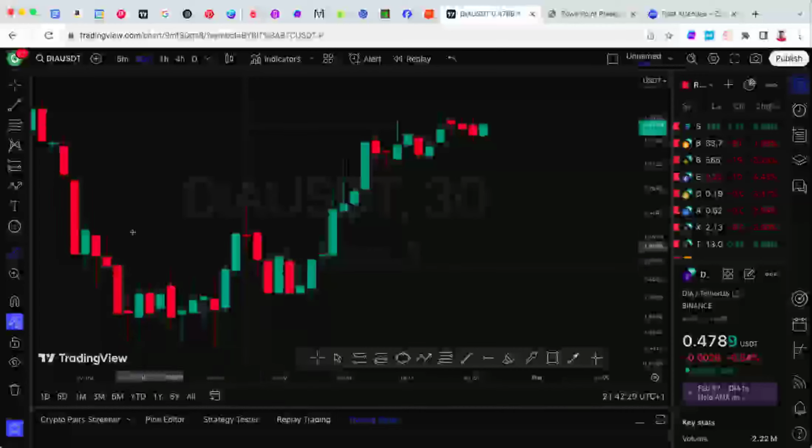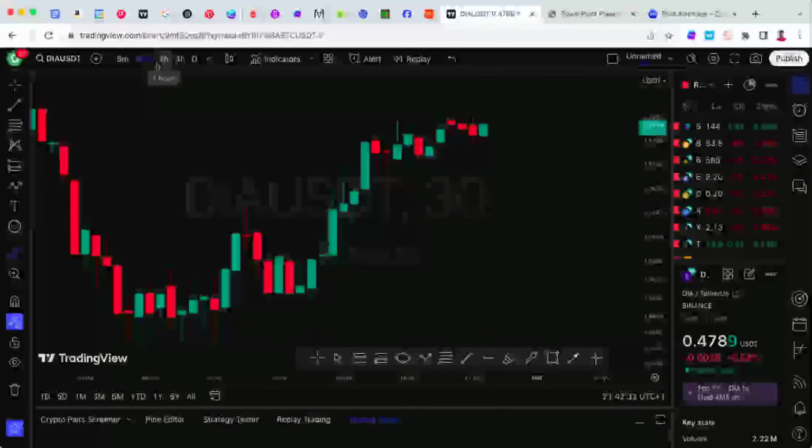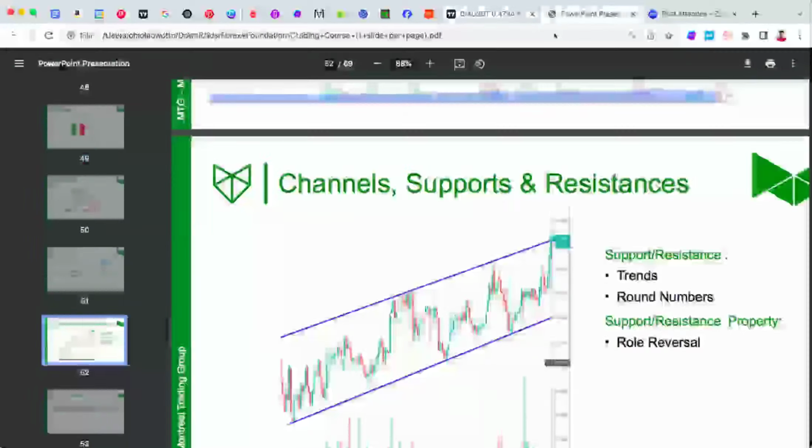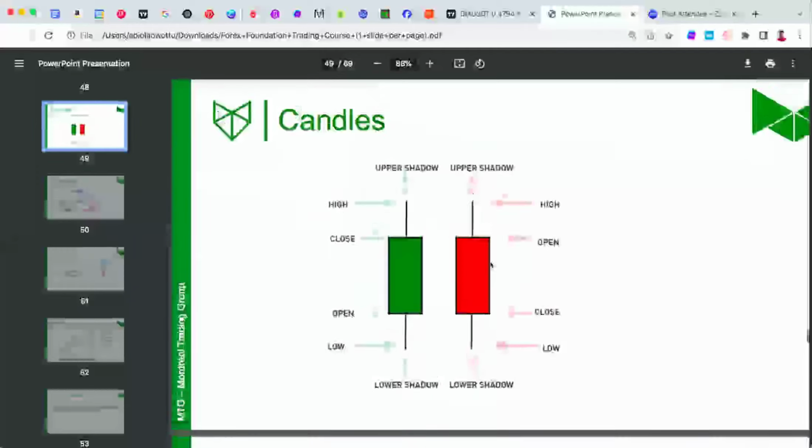So here also, you want to know that every candlestick opens and closes in 30 minutes. But markets tend to be more volatile in the smaller ones, and as you go upward, it tends to move that way. So now imagine a candlestick that opens in 1 hour. It will take this candle 1 hour to open and close, which means if the market, like from the example we saw in our PowerPoint, we said each candlestick here